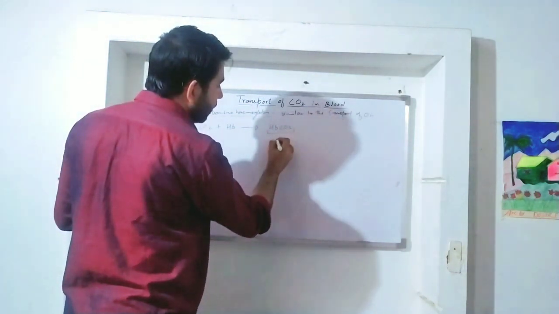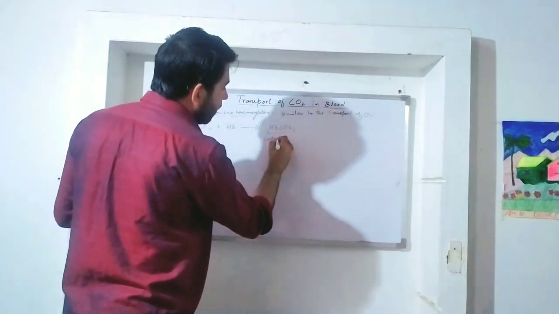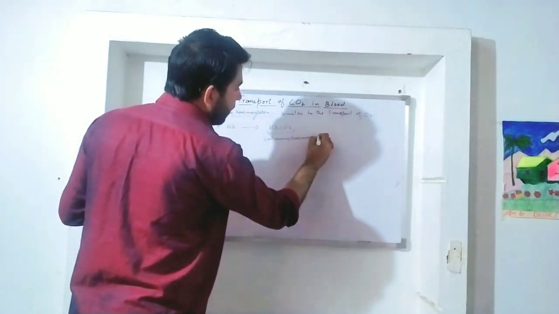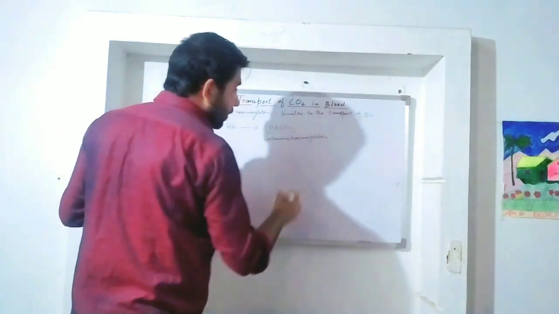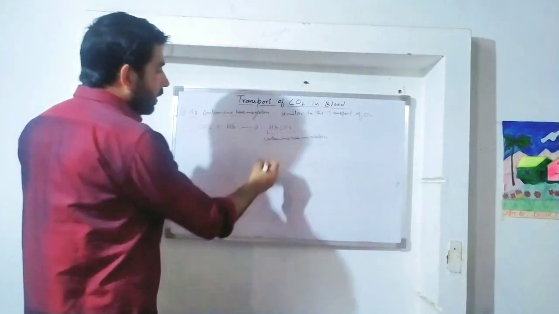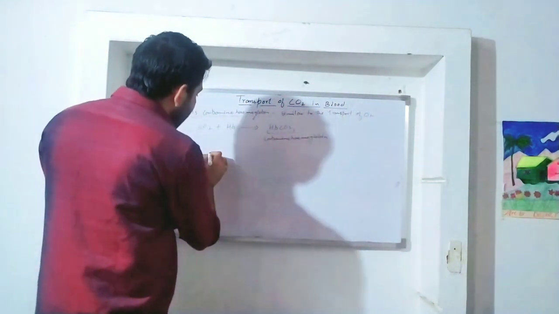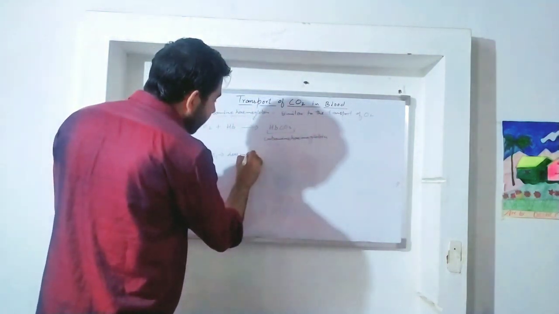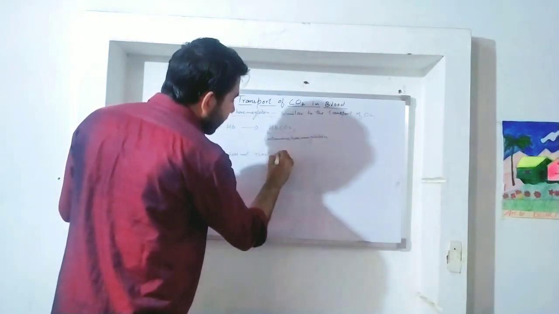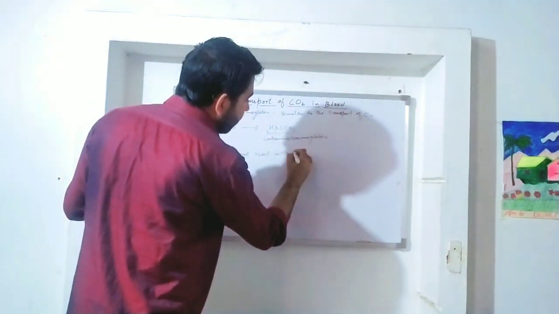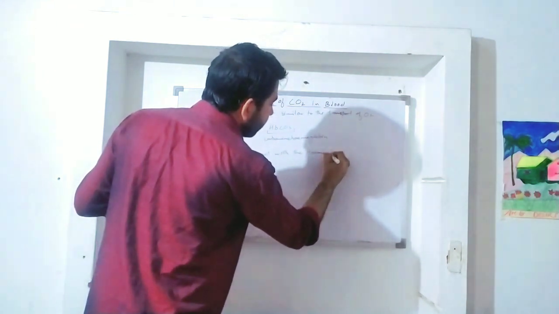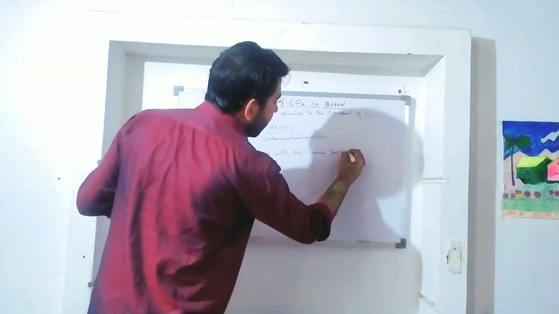This HbCO2 is the carbaminohemoglobin. Now carbaminohemoglobin is formed, but the carbon dioxide does not react with the heme part of the